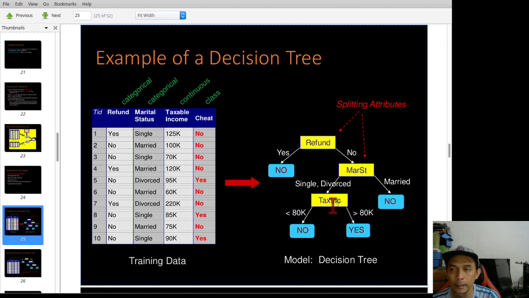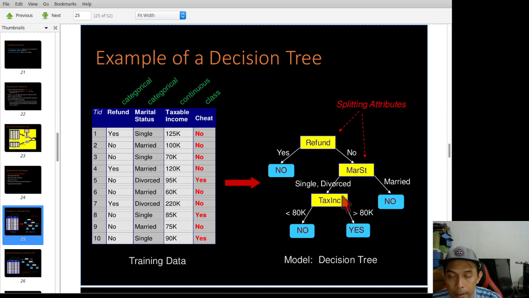The third splitting attribute is taxable income, and then you split it into two. If it is less than 80K, then go to the left side. If it is more than 80K, go to the right side. This is one example: based on training data, you come out with this decision tree.